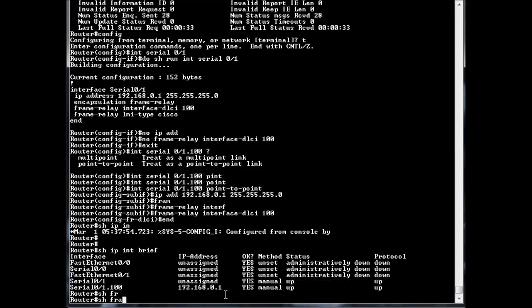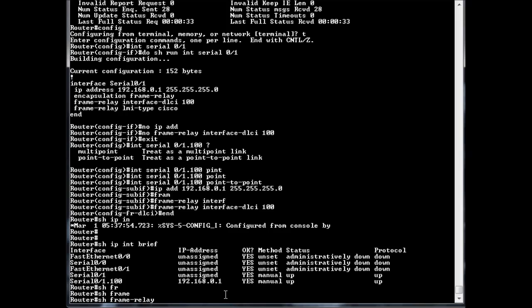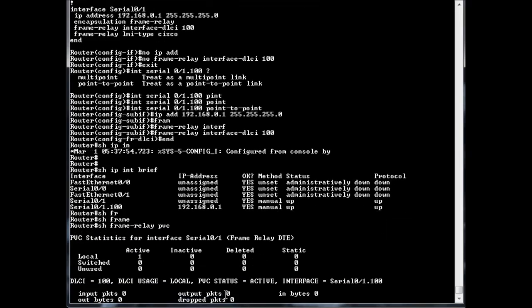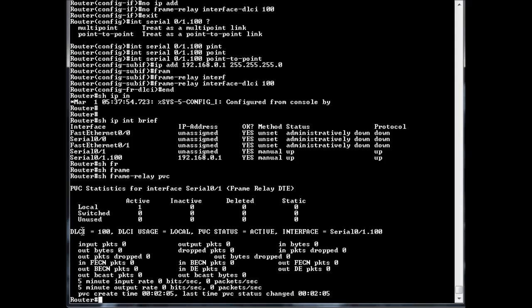So if we do a show frame-relay pvc, had a brain fart there. We still have DLCI 100 local. It is active, and now it's using that sub-interface. Okay, so we should still be able to ping our distant end, if I could type the right IP address in,